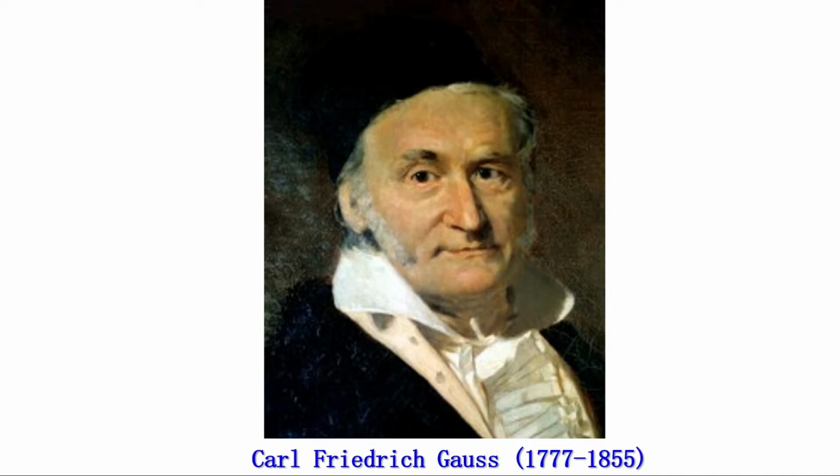Today, we are going to learn how to find the sum of arithmetic sequences, in which we will learn how Gauss found his answer. Look at this picture. How many dots are there in it? 1, 2, 3, 4, 5, 6, 7, 8, 9, 10, 11. So there are 11 dots in each row.